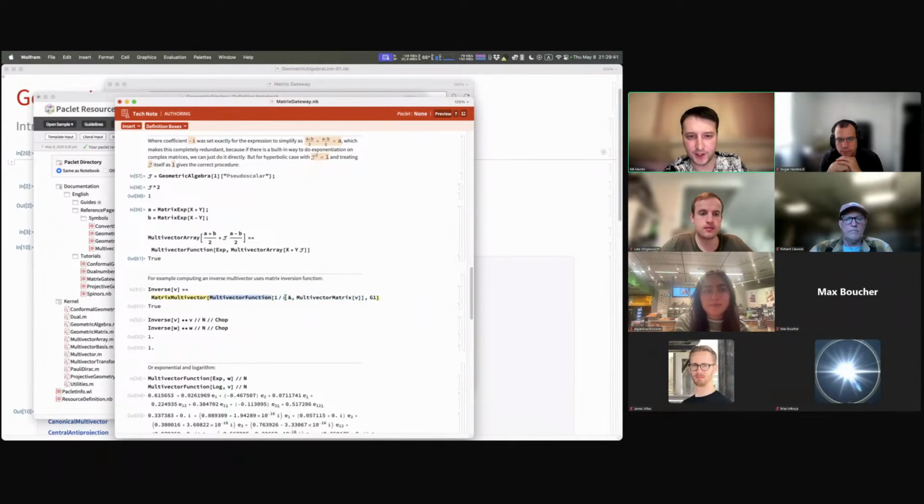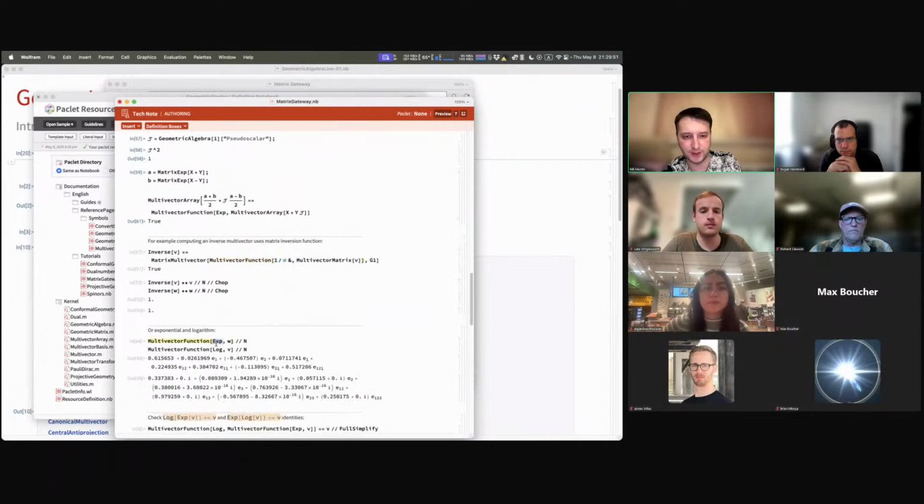This is just a multivector function which goes through this gateway when it converts your multivectors to matrices and back. You can apply some arbitrary functions to them, like inverses, exponentials, logarithms, and so on. So for example, you don't have to do some manual pen and paper work in order to figure out the inverse of the vector or bivector or arbitrary rotor or motor or whatever. You can just go through this gateway and apply a general procedure for an arbitrary multivector, right? So now you can invert everything that is not singular